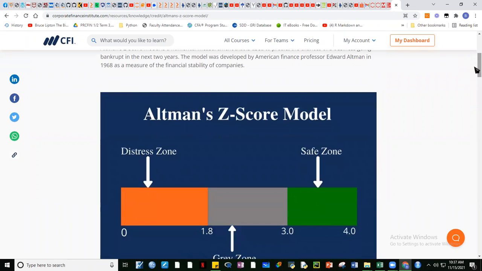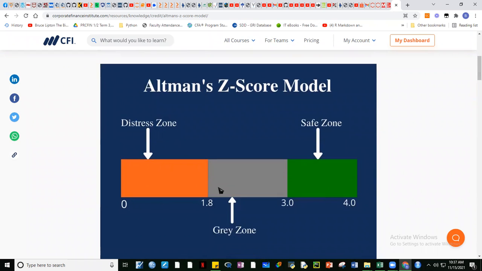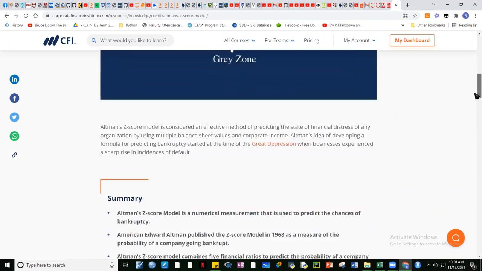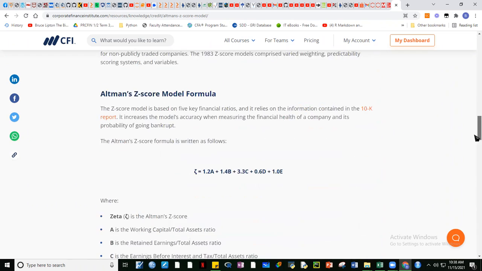Okay? So according to Altman, guys, ito yon, no? Okay, if the ratio is less than 1.8, then nasa distress zone yan. Ibig sabihin, there's a potential for the company to become bankrupt in the next 3 years. Yun ang distress zone. Kapag yung Altman Z-score is less than 1.8. No? Ito naman yung 1.8 to 3, gray zone. Ibig sabihin, hindi tayo masyadong definite kung pwede siya maging bankrupt, pwede hindi. Tapos if the score is above 3, greater than 4 pa, then nasa safe zone. Ibig sabihin, there is no possibility for the company to